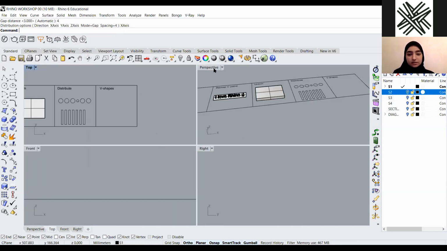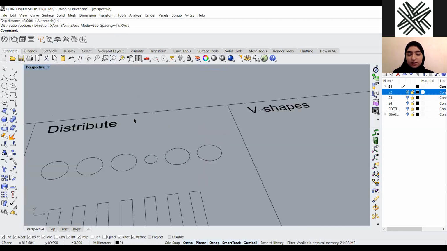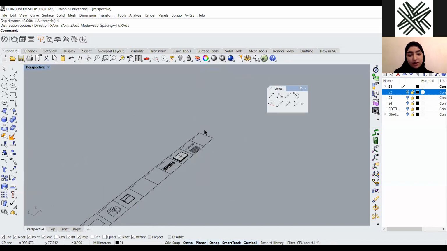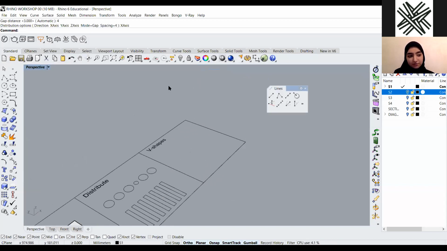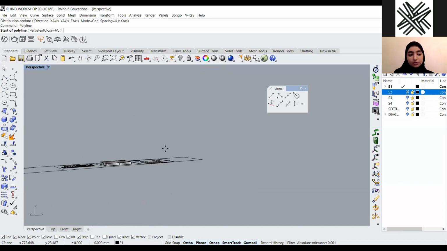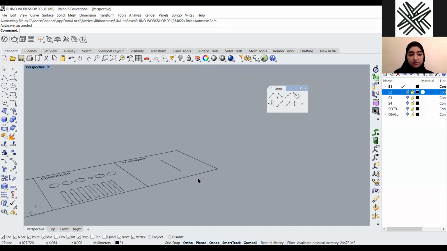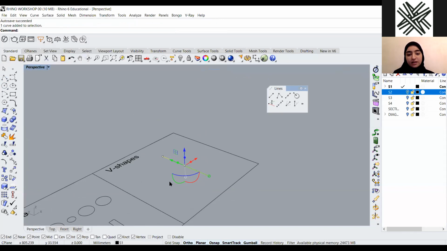Okay, the next command, it's not a command, it's something that is already there from Rhino 1 maybe, but for some reason I didn't use it before, and I found it really helpful. So for example, sometimes when I want to draw a line on a perspective and I want it to be a vertical line, I always do like this line, which is horizontal,